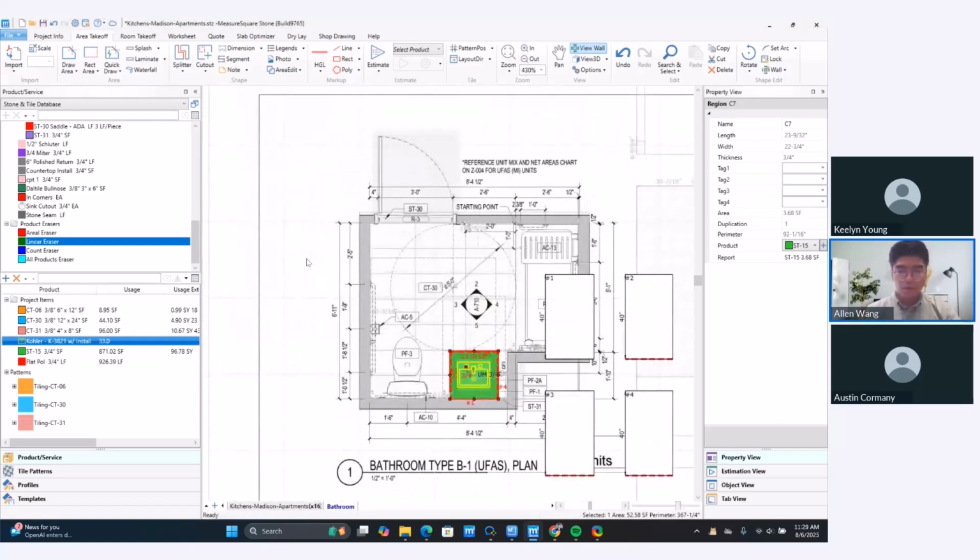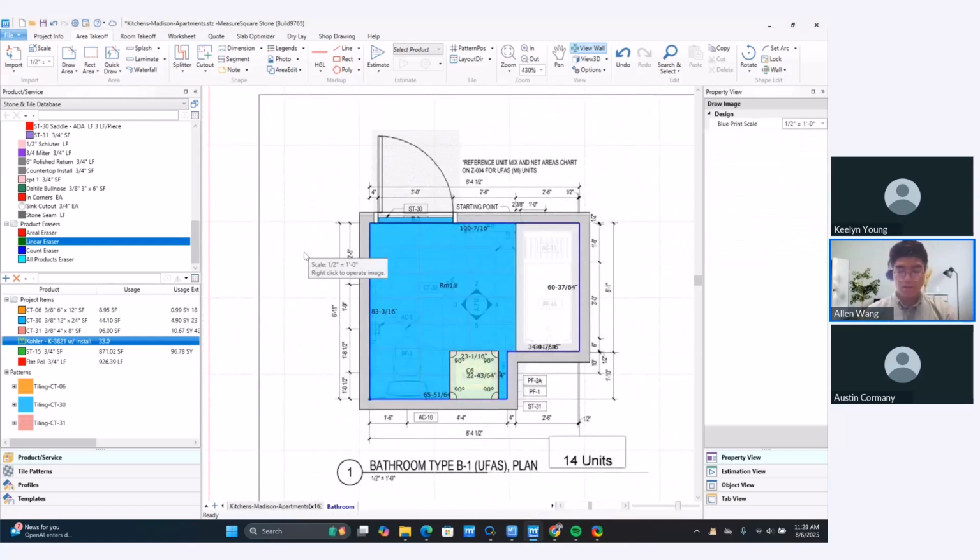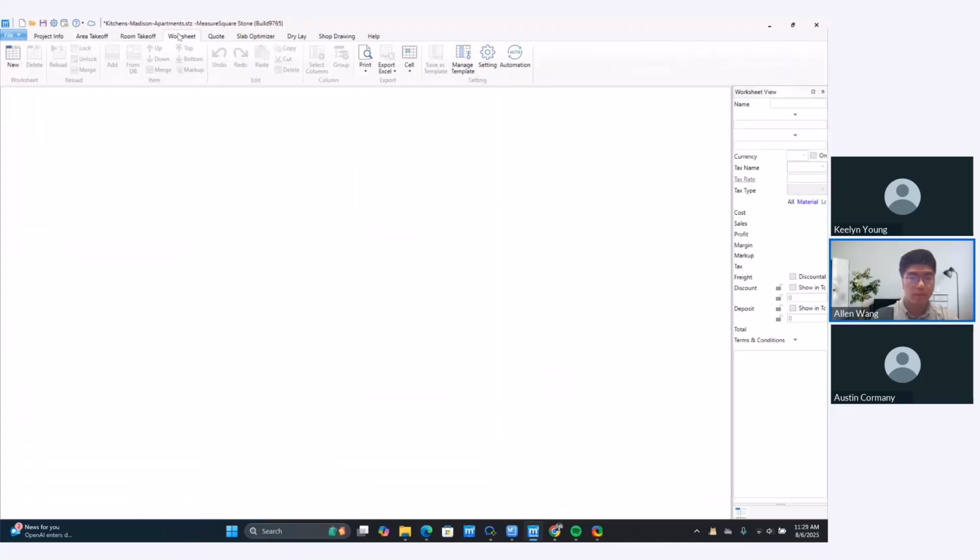So now we're looking like we have a pretty complete breakdown of a complete takeoff and estimation of our project. So now I'll go ahead and go to our worksheet tab. Our worksheet is essentially going to be similar to Microsoft Excel. It's going to be a little spreadsheet with all of your line items, your estimations, and your costs. So I'll click on New,